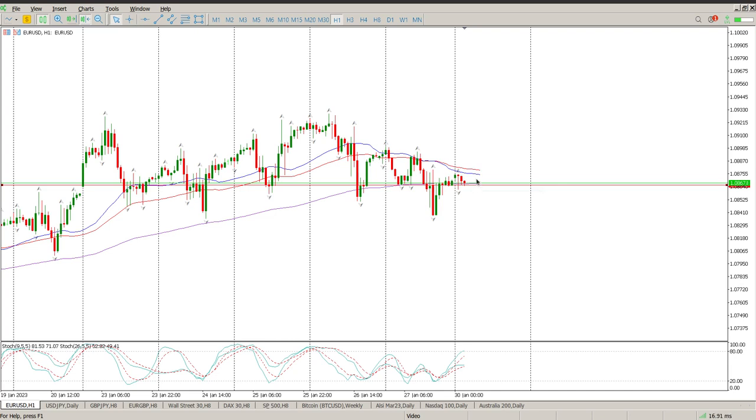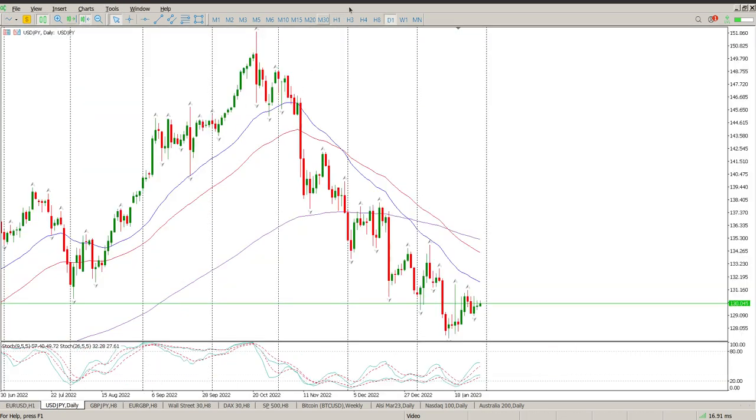108,656. And then also I'd want to see a crossover of these moving averages for a move up. Alternatively, I'd want to see a break, a retest of this area and rejection before getting in on this. So, and looking at the oscillators, that's kind of what we need to be taking. But for as long as we're in between the moving averages here, this is a sit on hands. Moving across to